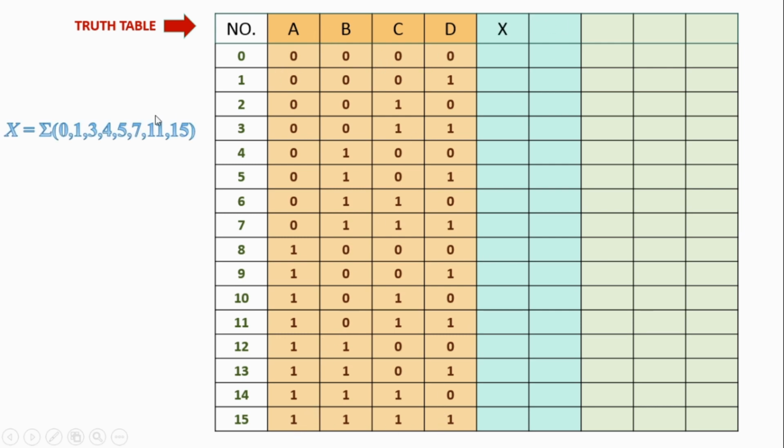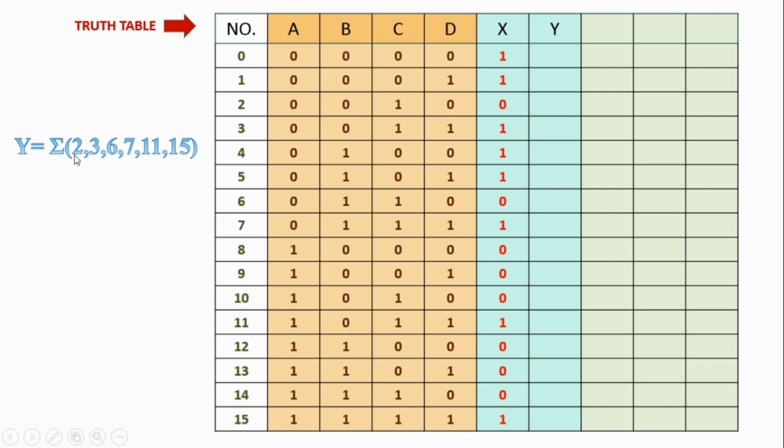Now come to X. X is given in the question as 0, 1, 3, 4, 5, 7, 11, 15. So put these into the table, 0, 1, 3, 4, 5, 7, 11, 15, and the rest of the terms will be 0, we know that. Similarly for Y, 2, 3, 6, 7, 11, 15. We fill these as 1